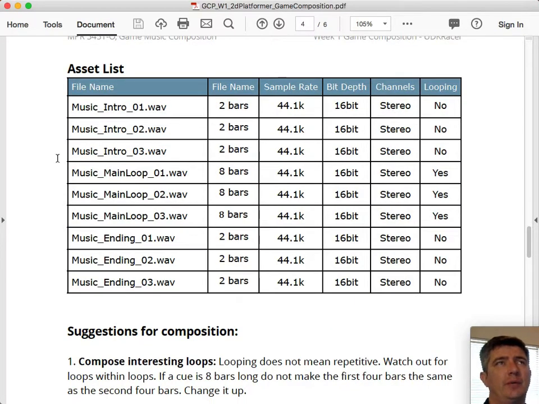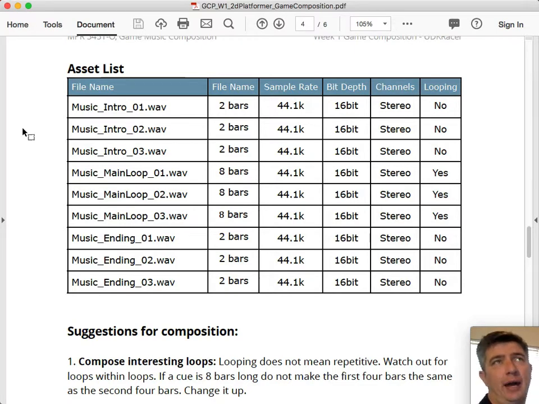So this is really what I want to get to, the asset list, to discuss how the music is built for the game. As I said earlier, music for a game does not exist in just one long file. You're not just bouncing out one file for your composition here. It is made up of 9 different files that play back in different ways according to what's going on in the game. You can really think about this as 3 categories of 3 different variations.